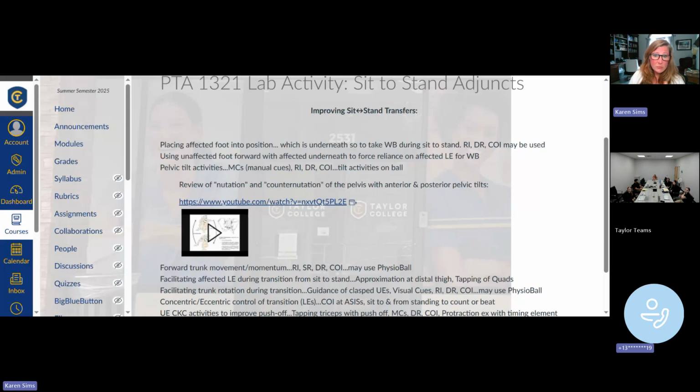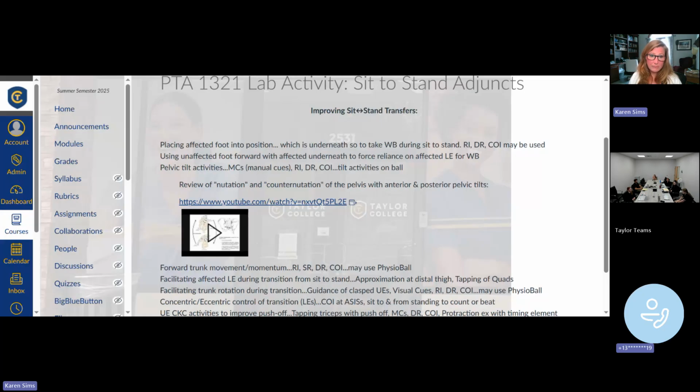You could also, and this is more of an adjunct and not necessarily a treatment itself, use the unaffected foot. So if my right foot is my weak foot, I'm going to place the left one forward. We were saying we needed both feet underneath us to stand. Well, I'm trying to make my weak one do more work, and it's ready to learn and take on more. So I'm going to place my strong foot forward so it doesn't have the mechanical advantage to do most of the work. Okay, so placing that unaffected foot forward will make the affected limb underneath have to do more of